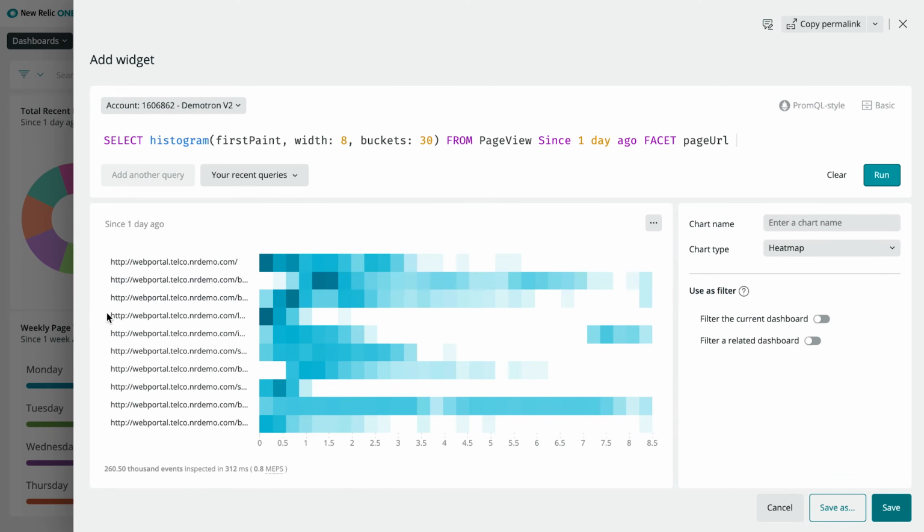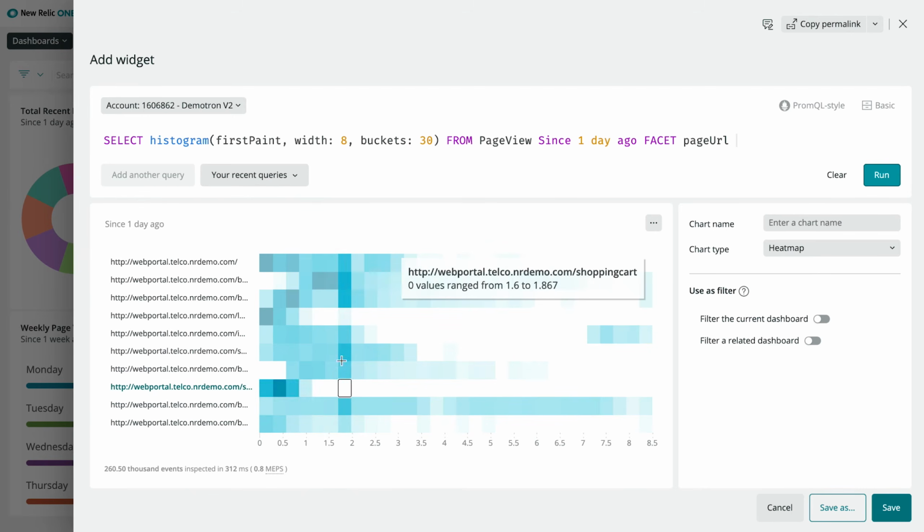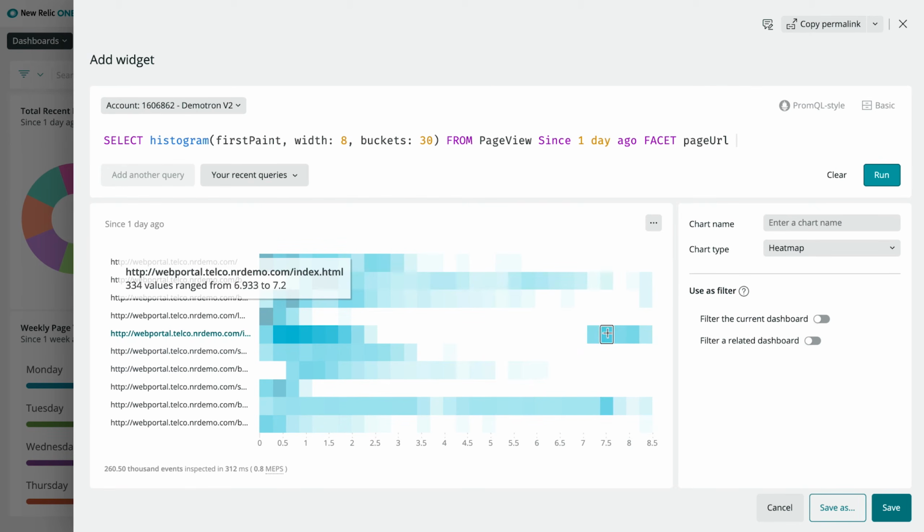That's great. Now I can start to see, as I hover over here, the high frequency in the heat map for certain pages, certain ones here that are slow. This one looks like it's the home page, but I can also see here, this looks like it's one of my product pages. And this one does seem to be calling out quite a lot of slow pages, frequent, slow first paints or durations.